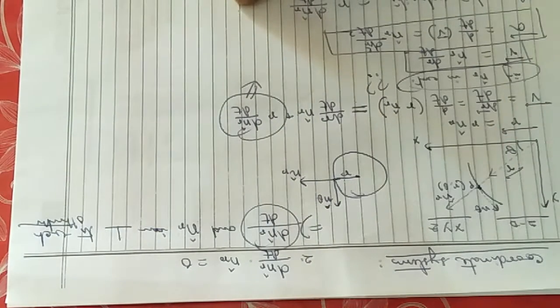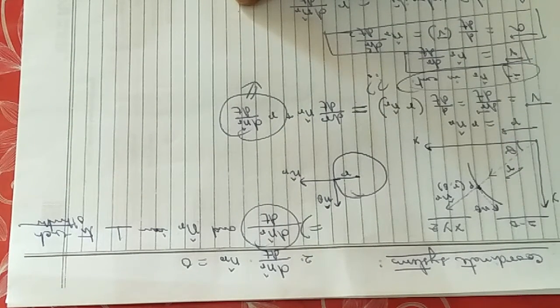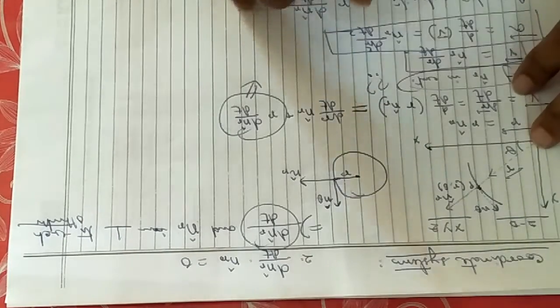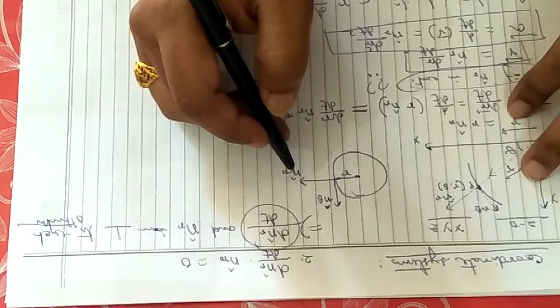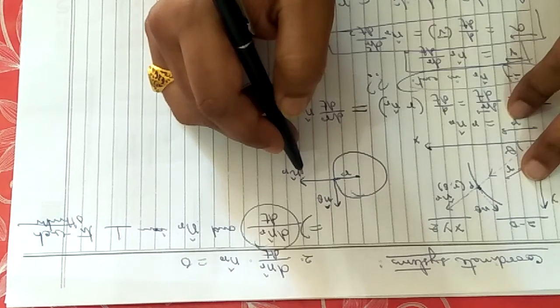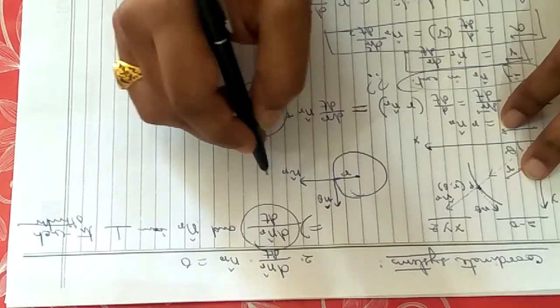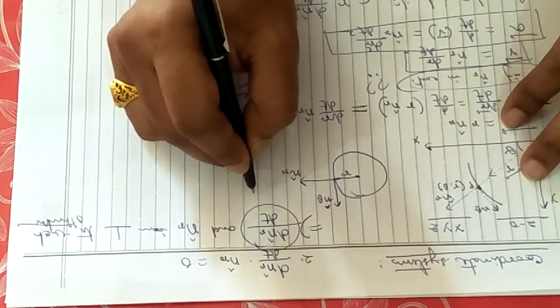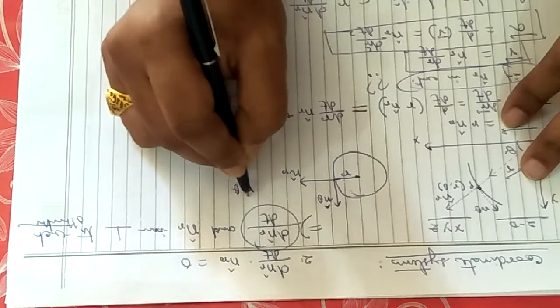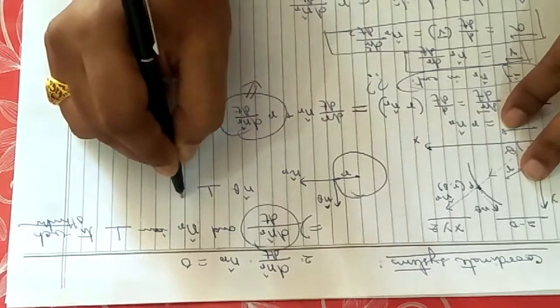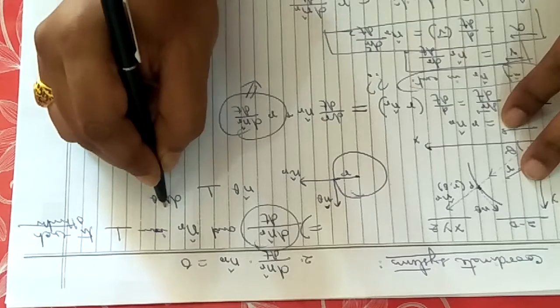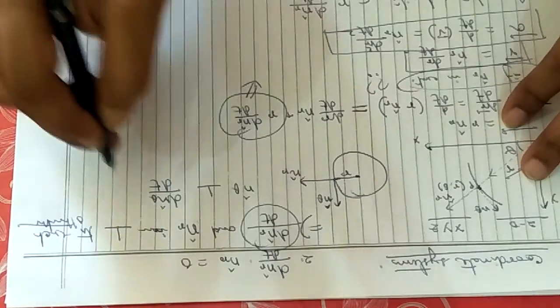So now we can write the transverse unit vector along the transverse direction is n theta cap. Similarly, n theta cap will be perpendicular to d n theta cap dt, and it will be